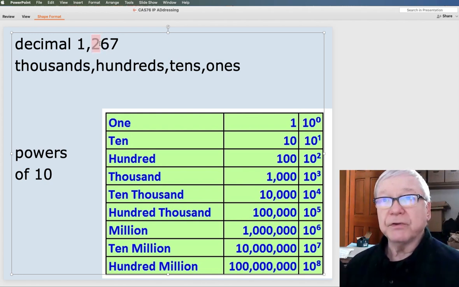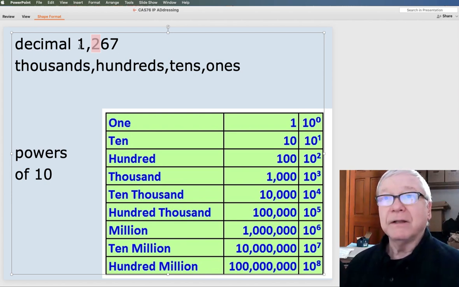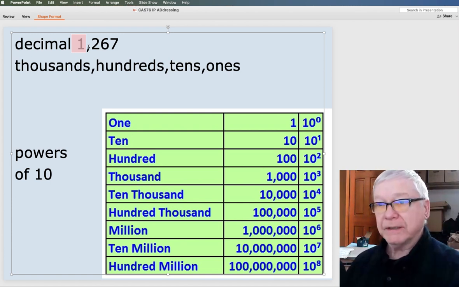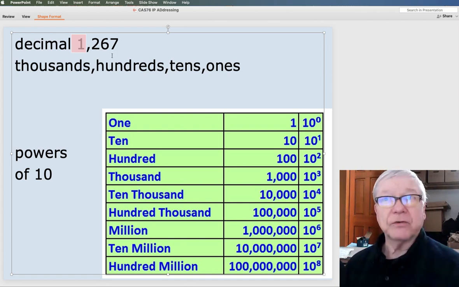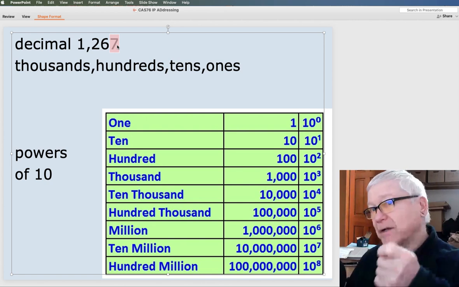In this position, I've got 2 hundreds, or 10 to the second power. 10 to the third power, I have 1 thousand. So I have 1 thousand, 2 hundreds, 6 tens, and 7 ones. And that's how I interpret that encoding.